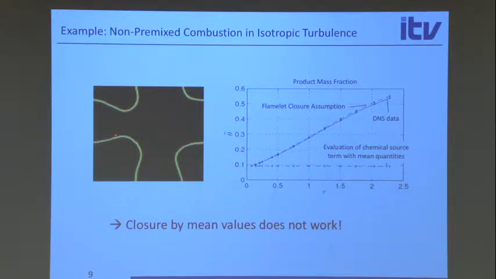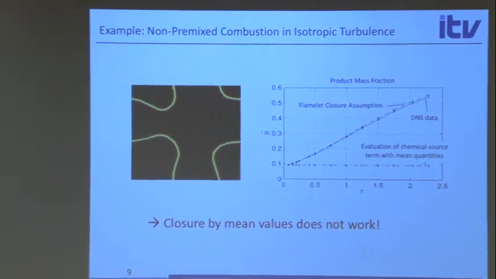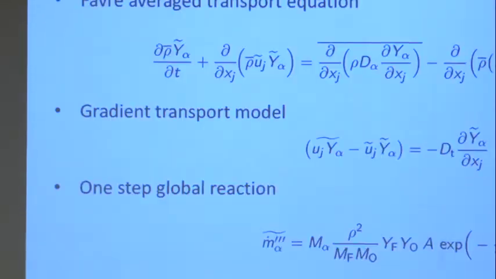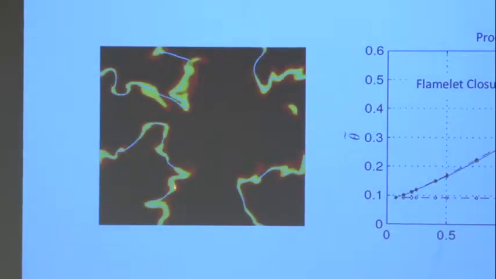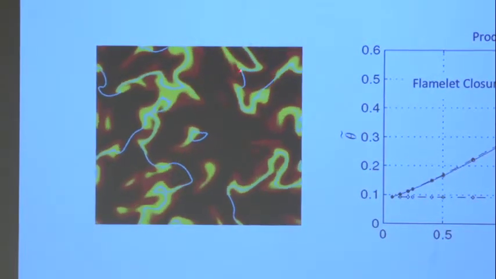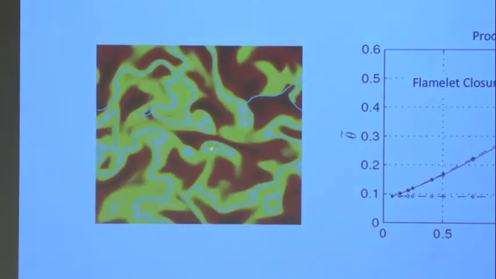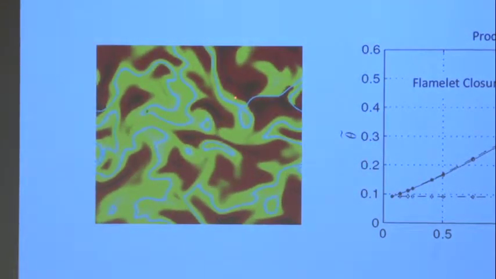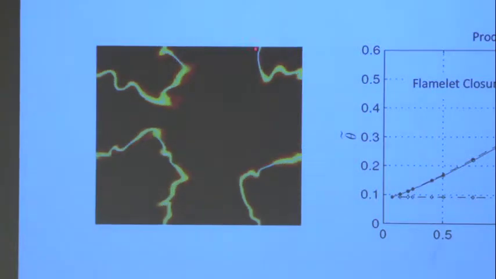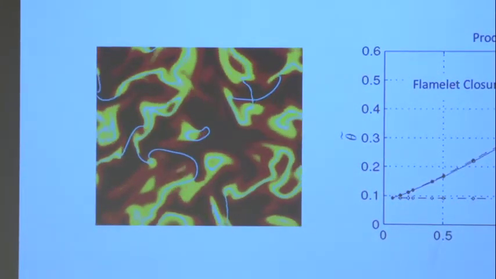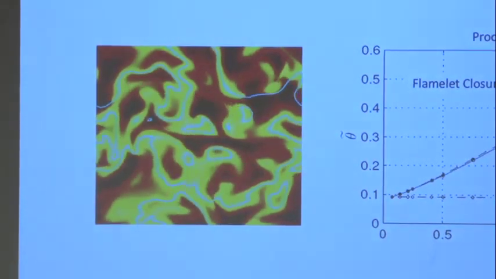So the lines you see here, there's a green line or something, that is the line of stoichiometric mixture, and the color is the temperature. Okay? So you see, while this proceeds, sometimes you get local extinction, like here. But most of the time, the temperature is high around stoichiometric, and then while mixing in this box proceeds,